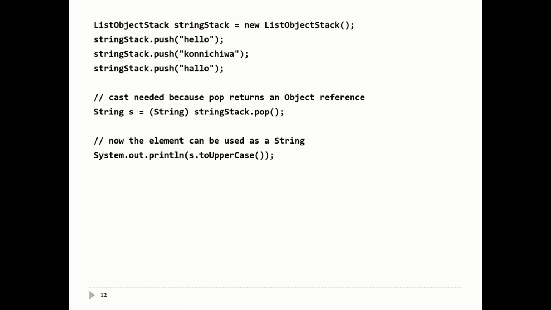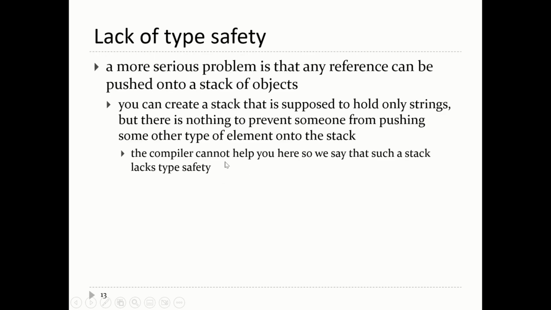The problem is as follows. I'm going to make a string stack. I'll push some strings onto the stack. When I pop them off the stack, I probably want to cast it to string because I probably want to use the string for something like getting its uppercase version. But you need the cast because pop returns an object. It doesn't return a string. So not only is it slightly inconvenient, you need the cast,